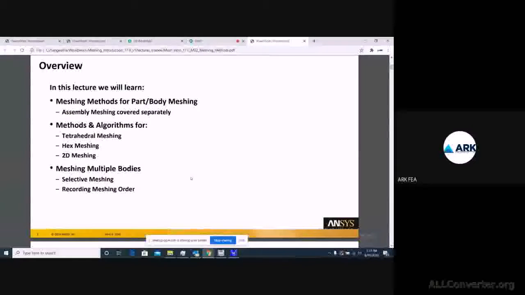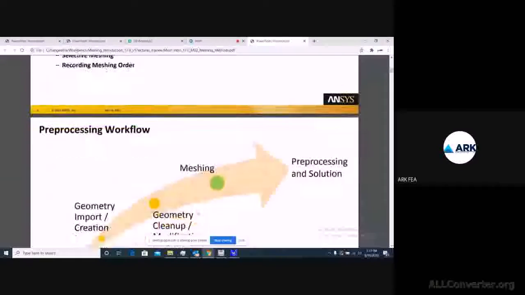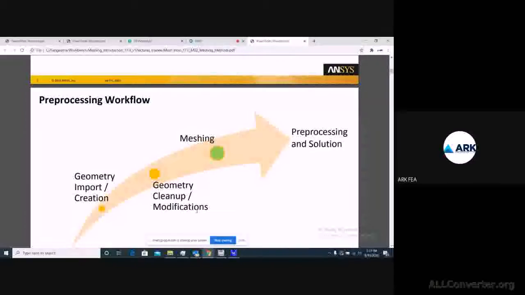When we deal with 2D meshing, what elements are assigned, how the elements capture the region you are assigning for the mesh, and whether we have to go with tet elements or hex elements. So when and where to choose what kind of meshing, we'll be dealing with that today.